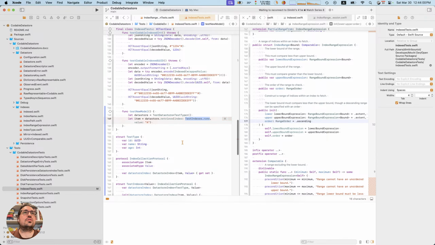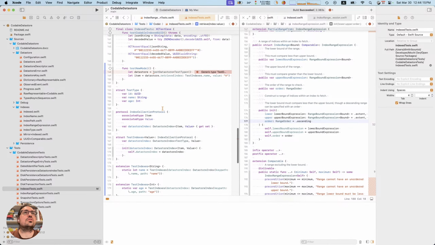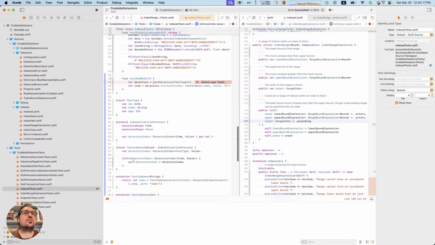That does not. Okay, so given an index, but it wouldn't know what this index is. So maybe we can define it ahead of time. Okay, so you have an index protocol.